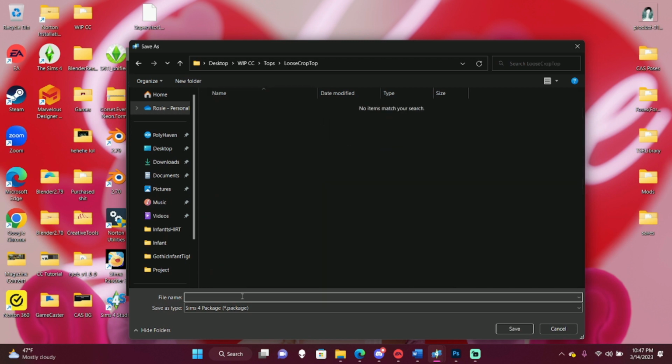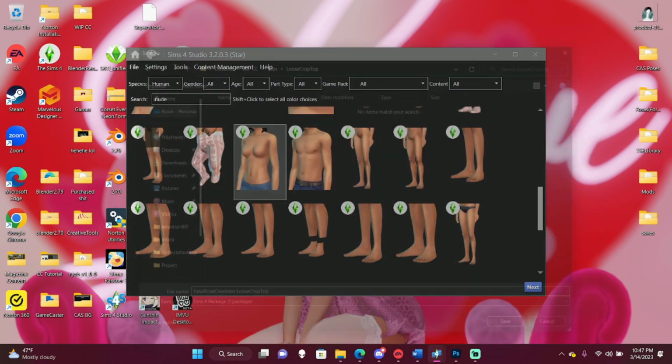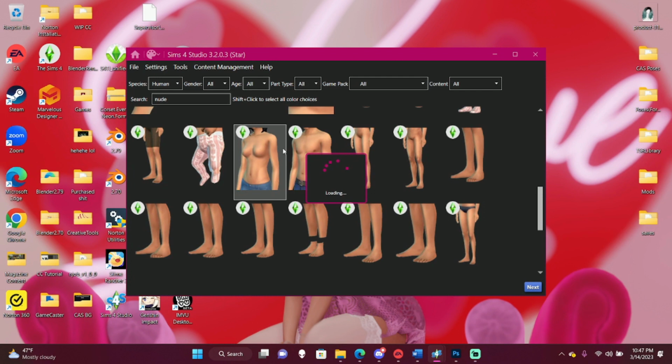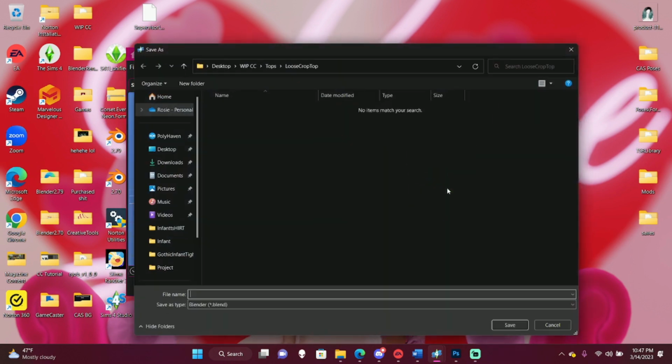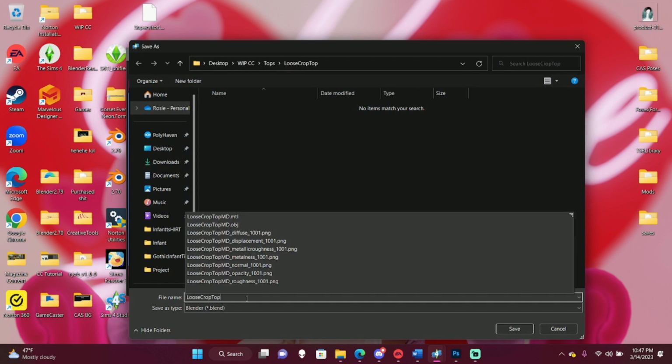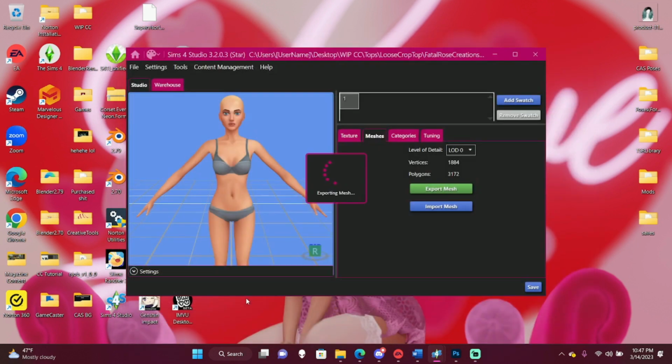And this is going to be the name of your package file. So I'm just going to type my creator name and then the name of the shirt. And you're going to go to Mesh, Export Mesh. And then I just named that one the name of the top and nude.